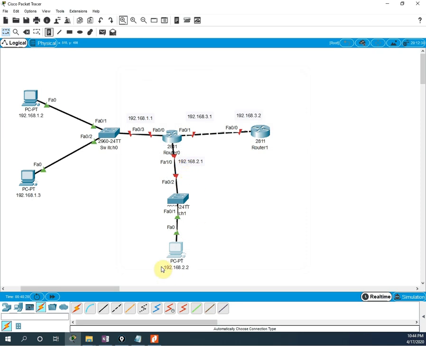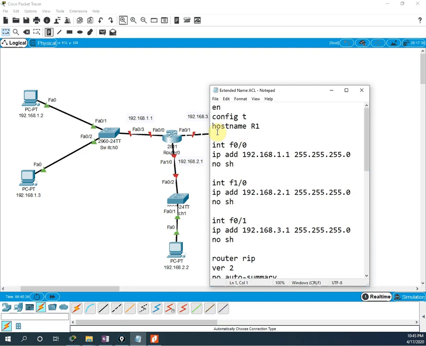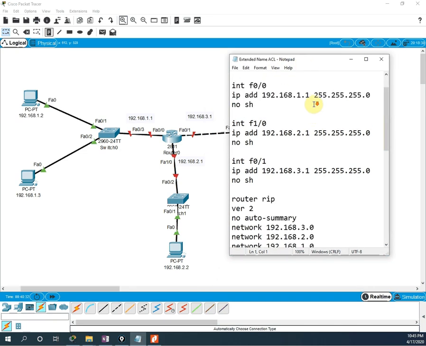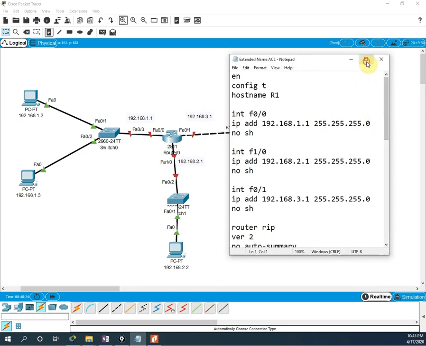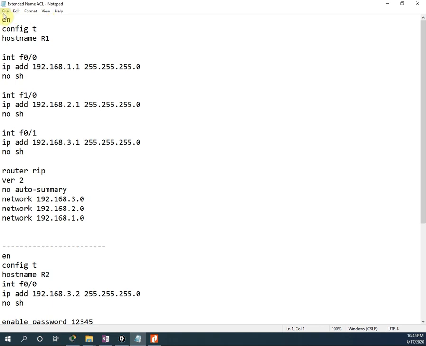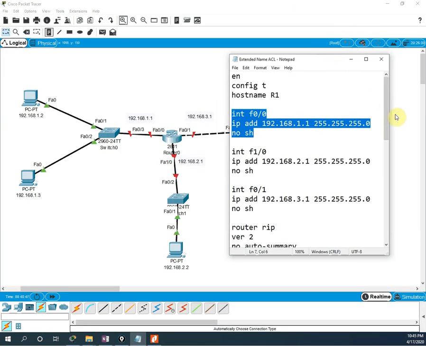So the PCs already have the IP addresses, and now we need to configure the router. I already wrote the configuration for the router. You know how we can configure the router from a long time, right? Let me show you. We go to the enable mode, config t, change the router name and assign the IP address to the interface F0/0. Let's see if the interface is correct or not.